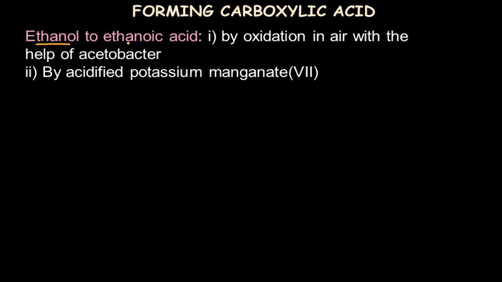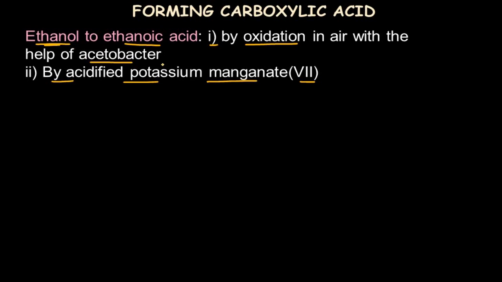Ethanol can be changed very easily to ethanoic acid by 2 methods. The first one is by oxidation in air with the help of acetobacter, or it can be industrially made by reacting acidified potassium manganate 7 with the ethanol, which will make ethanoic acid. Now these 2 reactions we have already seen in the video of alcohols also as part of the chemical properties